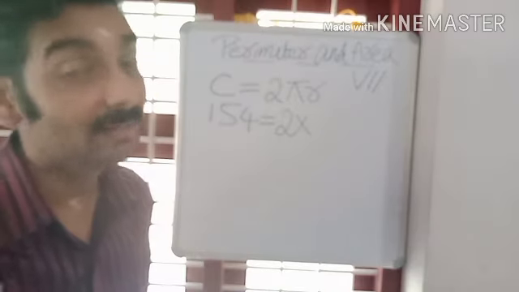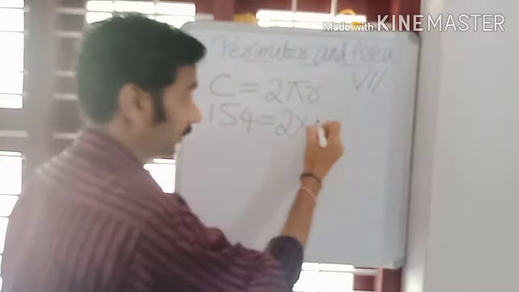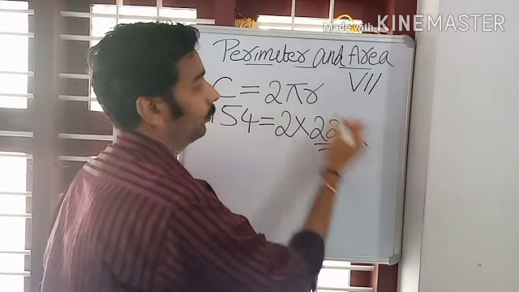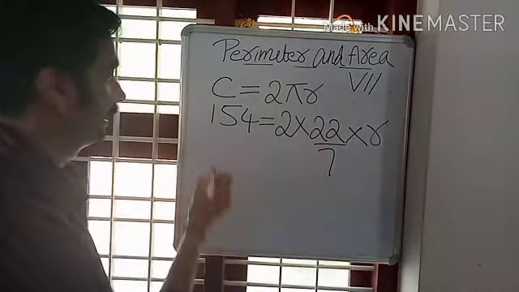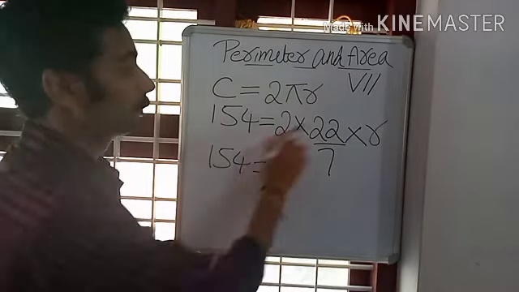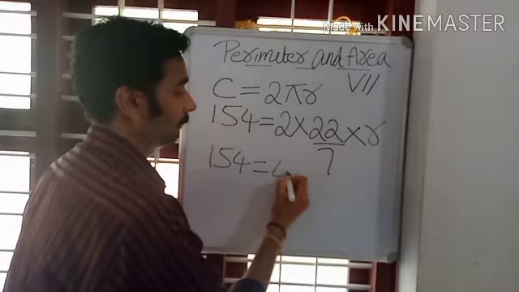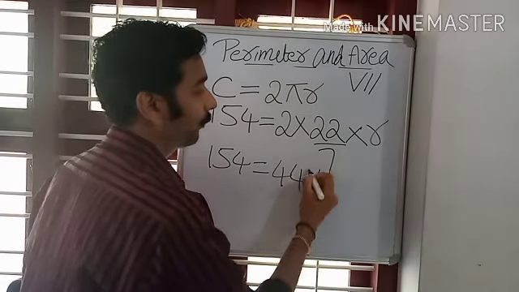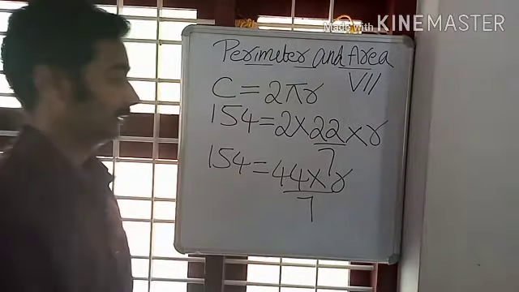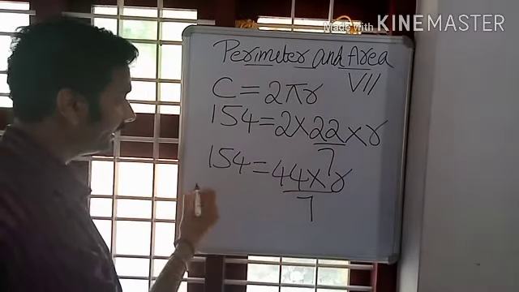In this question, the value of pi is 22 upon 7, into r. 154 equals 2 into 22, 44, 44 into r upon 7. Then r equals